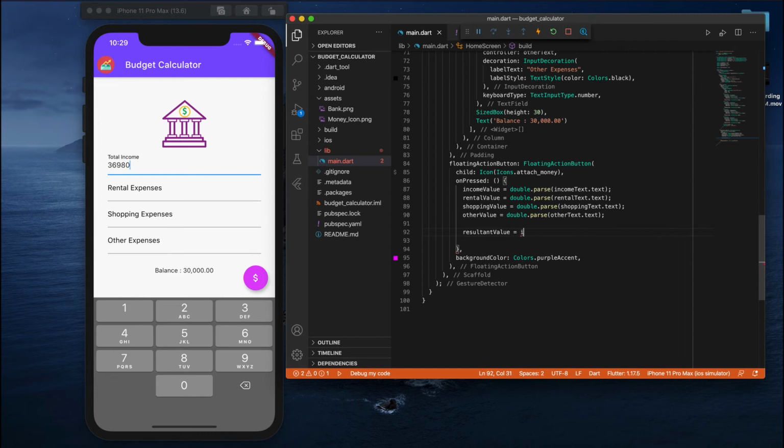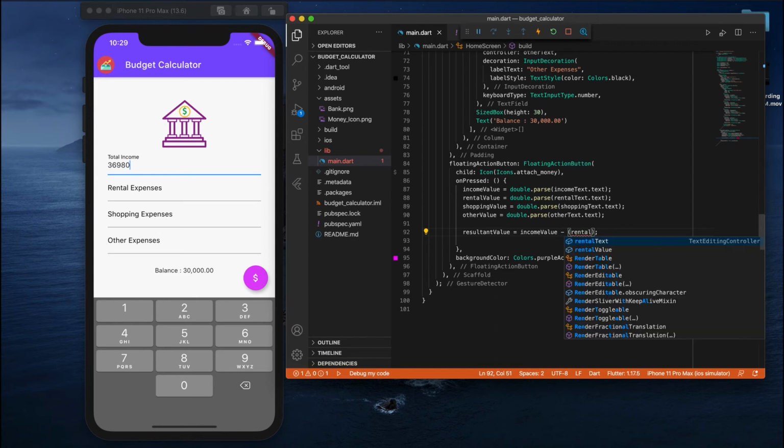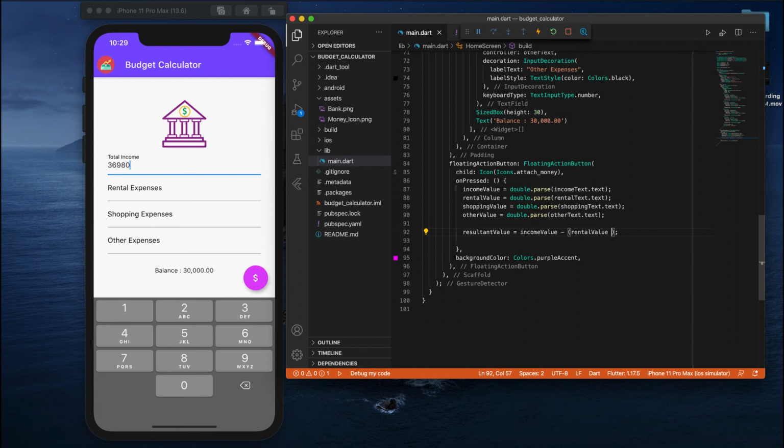First I'll take the income value minus the remaining 3, which is rental plus shopping plus other. Okay.